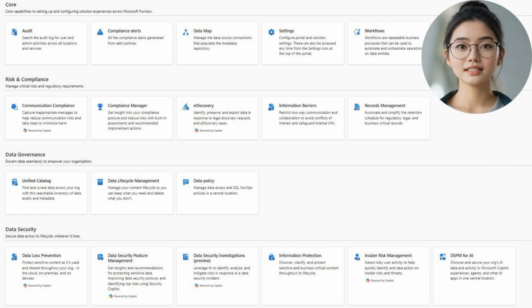And the last row on the screen, data security. Data loss prevention, or DLP, protects sensitive data across cloud services, on-premises systems, and managed devices. Data security investigations, currently in preview, uses AI to assist in investigating and responding to data security incidents. Information protection classifies and protects sensitive data using labels, encryption, and access controls across its lifecycle. Insider risk management detects and responds to risky internal behavior using signals from Microsoft 365 services, supported by AI insights